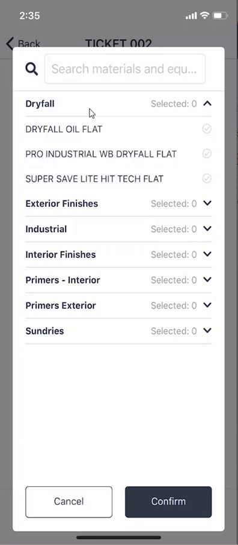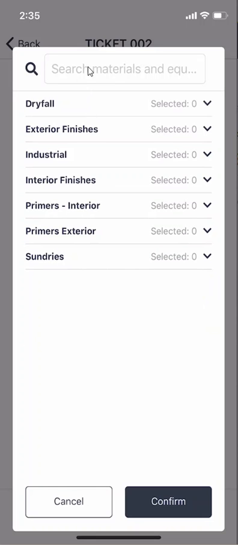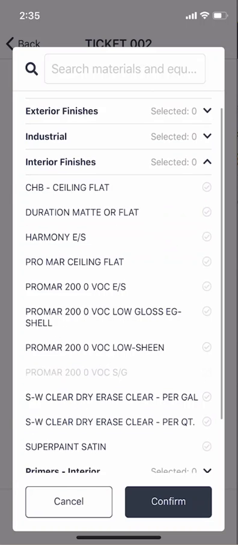If you can't find your item, there's also a search bar at the top. You can use that search to make sure that you're finding exactly what you needed. But I'm going to go ahead and add some of these items. I'm going to go through my interior finishes. I choose some eggshell,